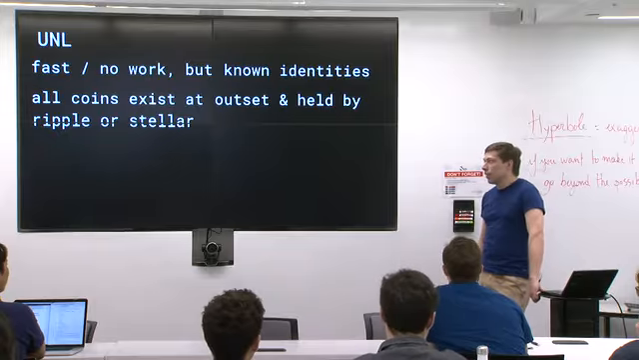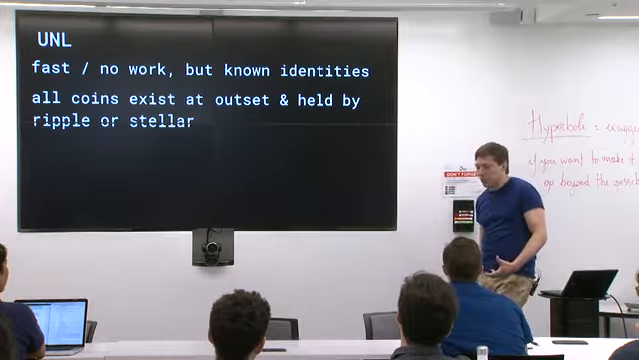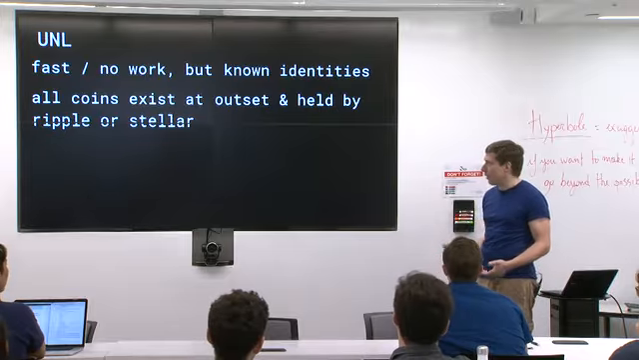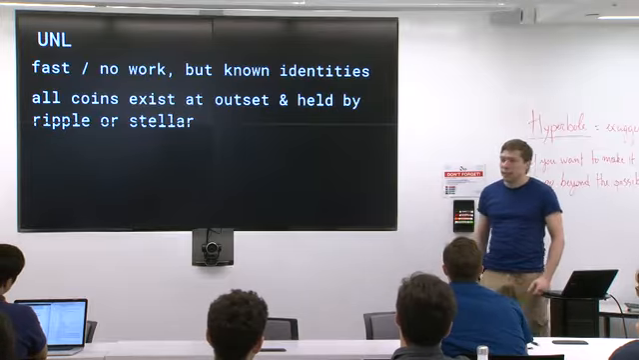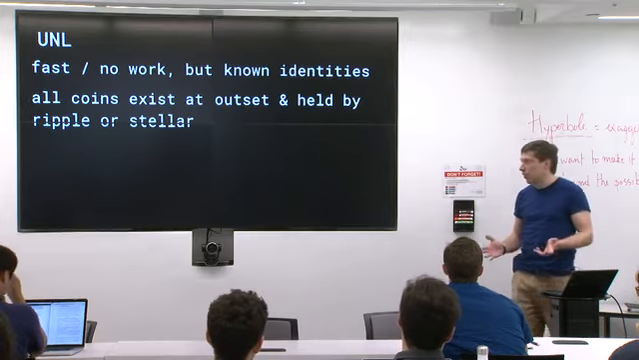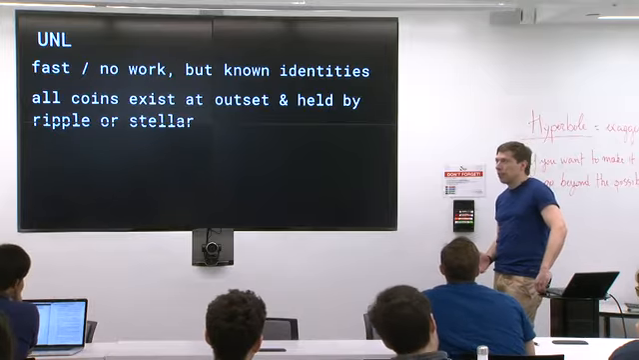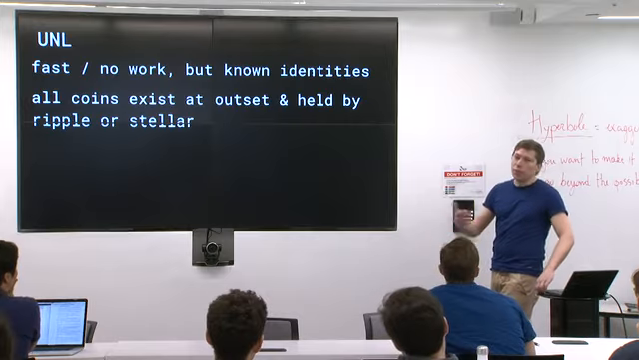In these cases, all the coins existed at the Genesis block. So in the case of Ripple, I think it was 100 billion or something, and they just started with all the coins and distributed them as they saw fit. Same with Stellar. Stellar had this thing where they had this party and they would give coins away if you